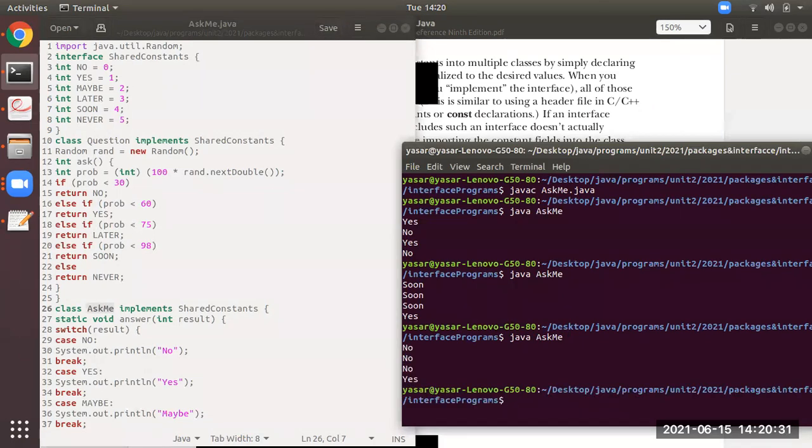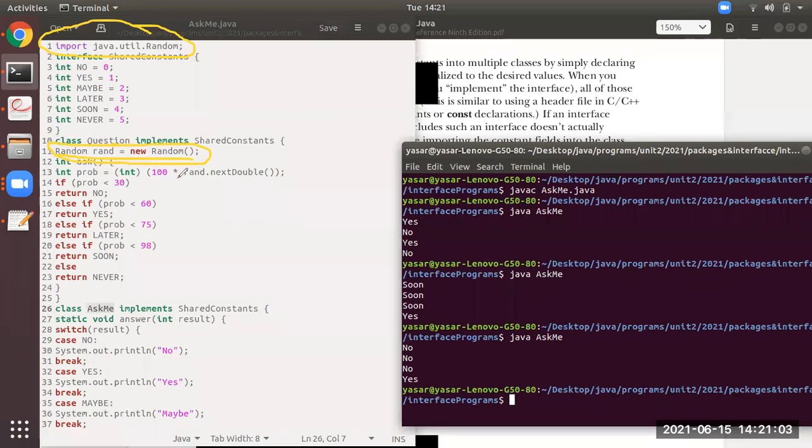Remember this thing. This particular output is because of one class which is imported over here, from line number 11. Because of this import statement, the code of the Random class is imported into this class Question, at line number 11.